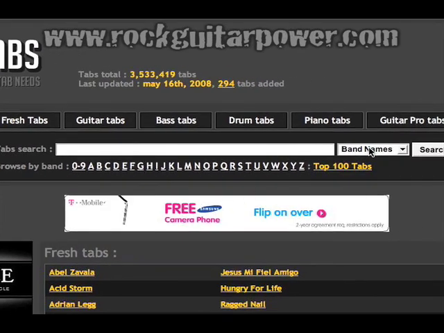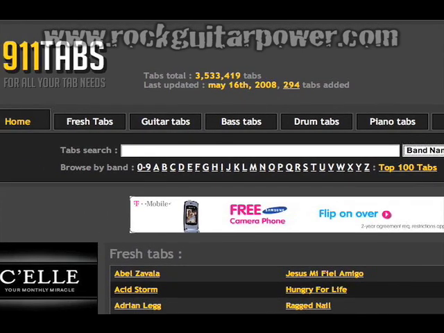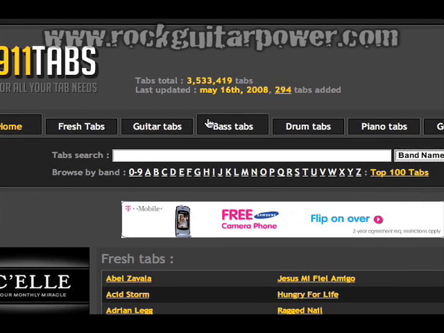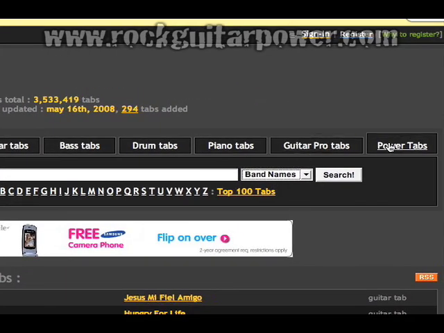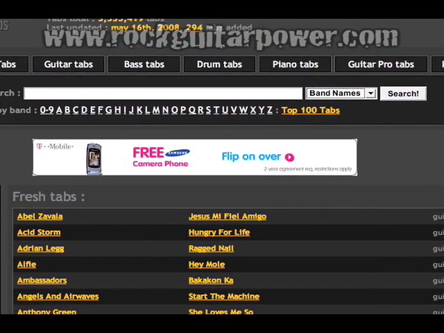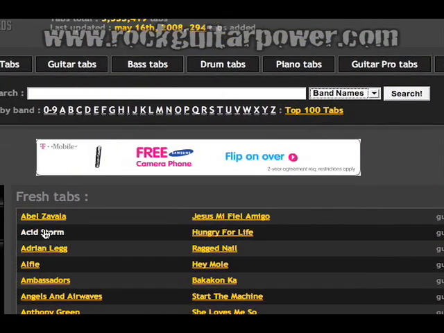And you could search by band name or song name. Okay? You could also find a bunch of different types of tabs. So in other words, right here you have guitar tabs, bass tabs, drum, piano, guitar tabs, and power tabs. So if I'm searching for a song, down here it'll show you what the band name is, what the song